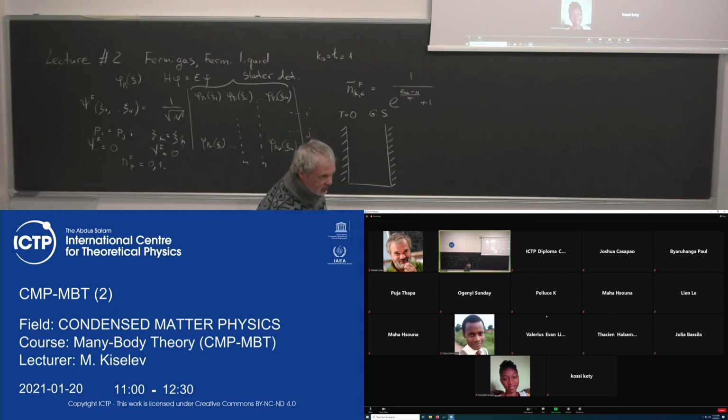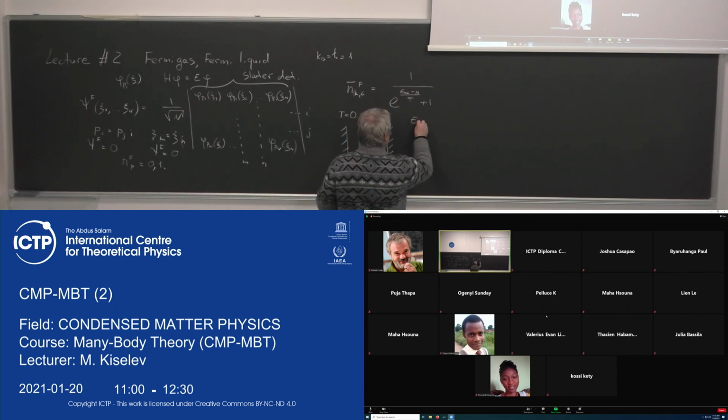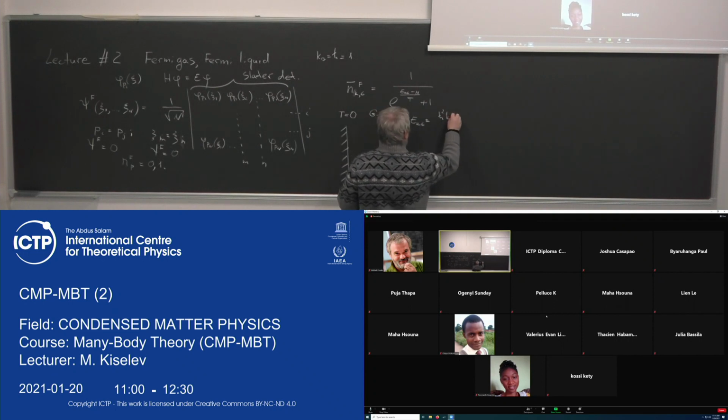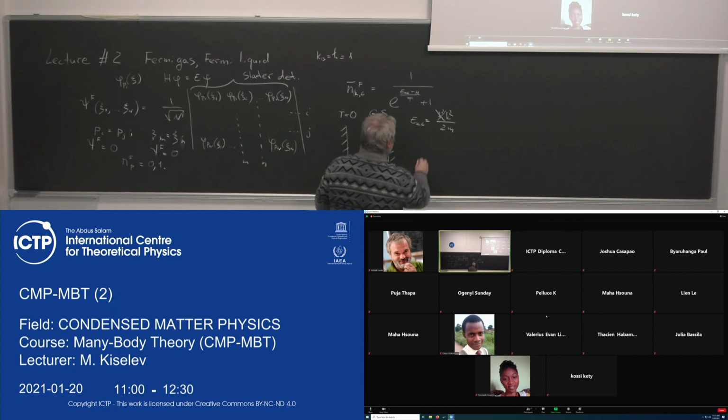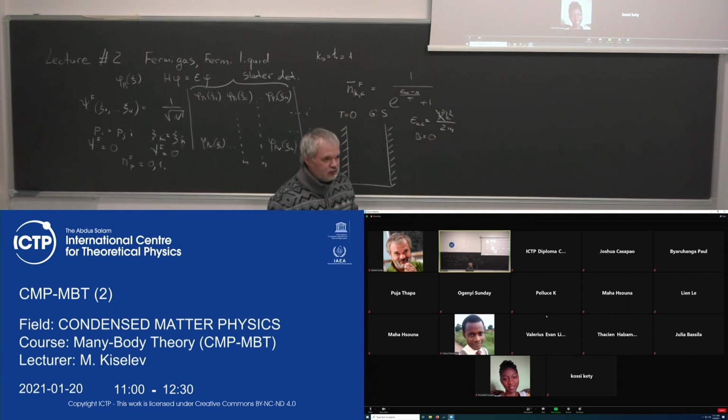Which describes 3 sphere particles. In particular, for illustration, I take a 1-dimensional system. So the energy scales as epsilon_k sigma equals h squared k squared over 2m. Remember that I don't use h bar anymore, and if the magnetic field B is equal to 0, we have a twofold